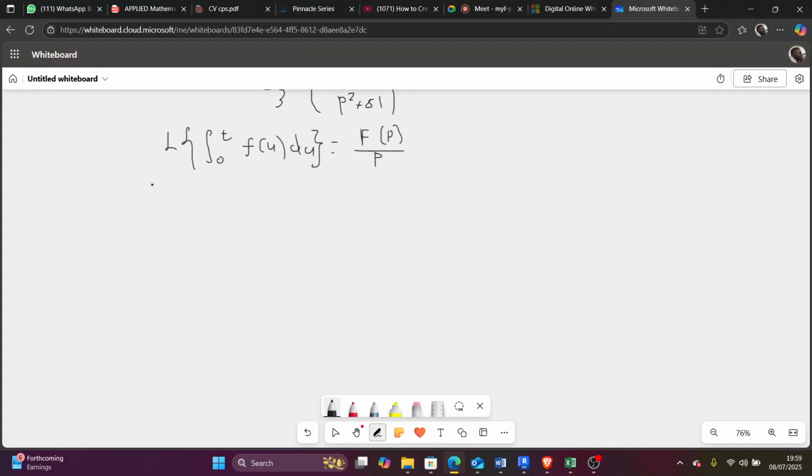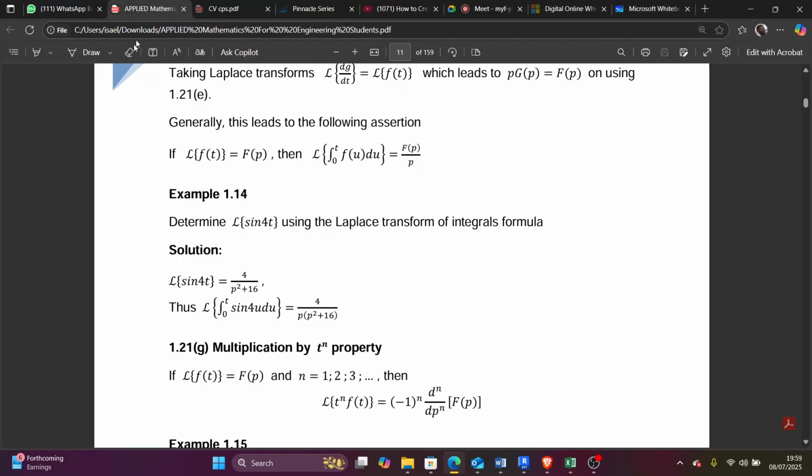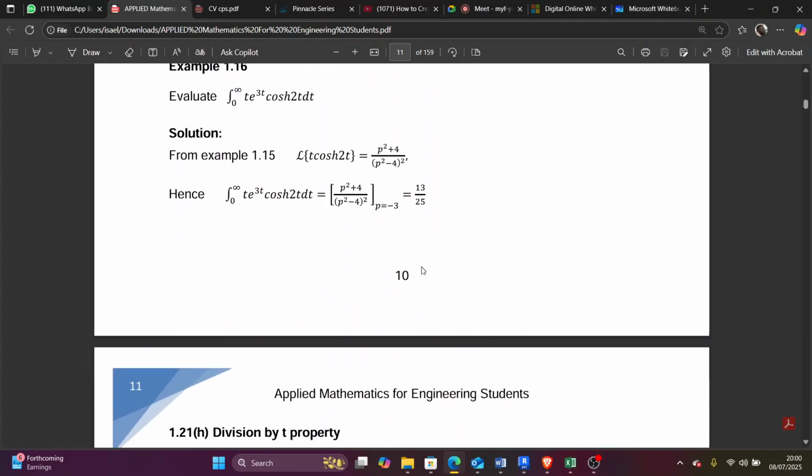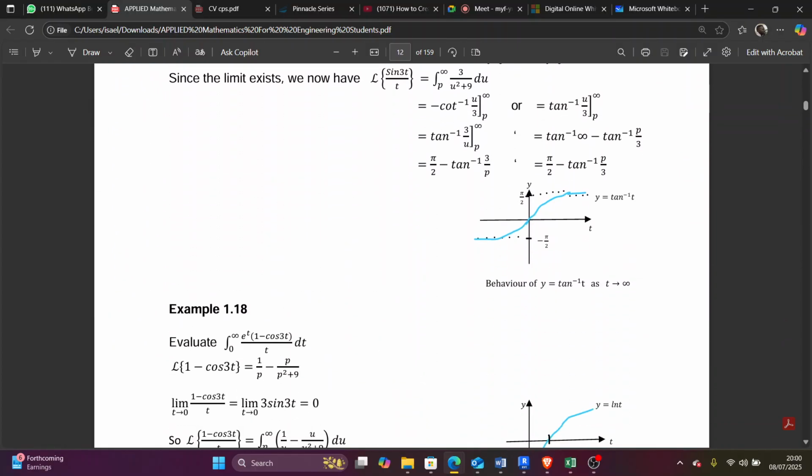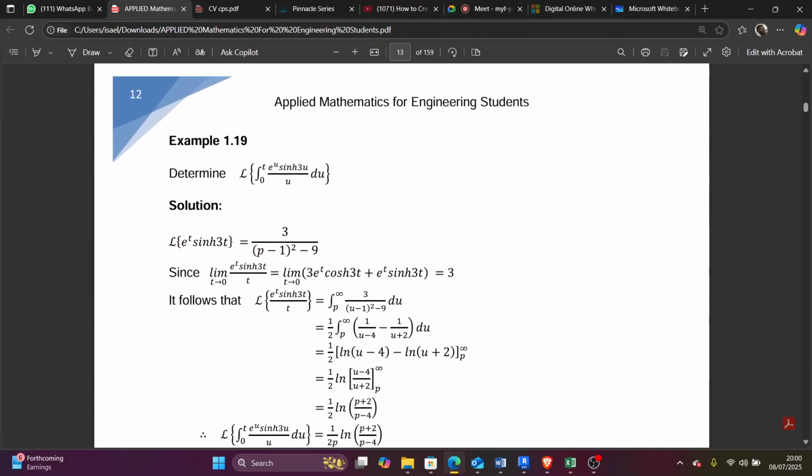Now, we are given Laplace of sine, let's say the example is sine 4t. Okay, let me show you something as well. I think I need to show you now so that you can see. Under this problem, they said determine using this. This same question, I'm just gonna scroll down to show you what I mean. Don't worry about this, we'll get to this one. But I just want to show you something under the problems.